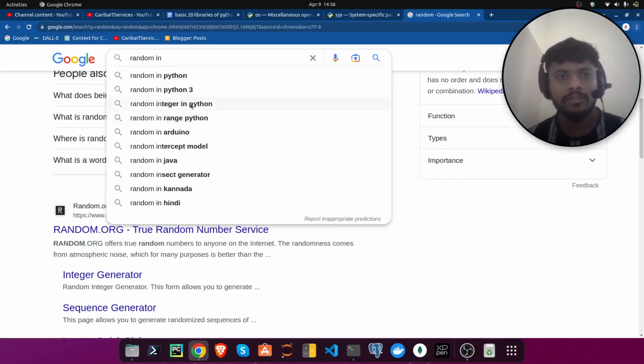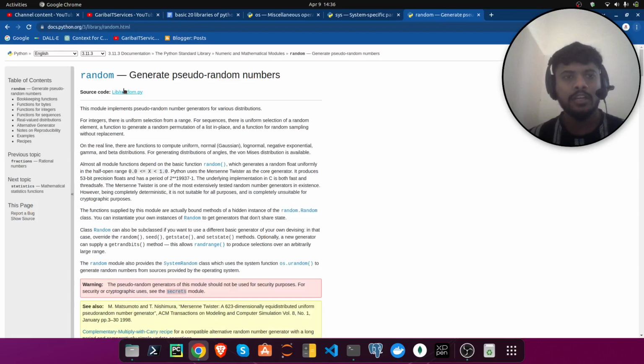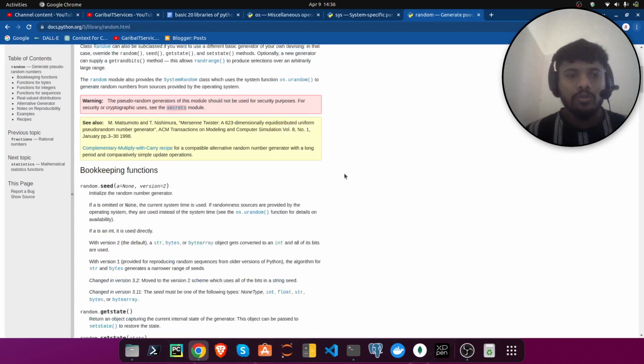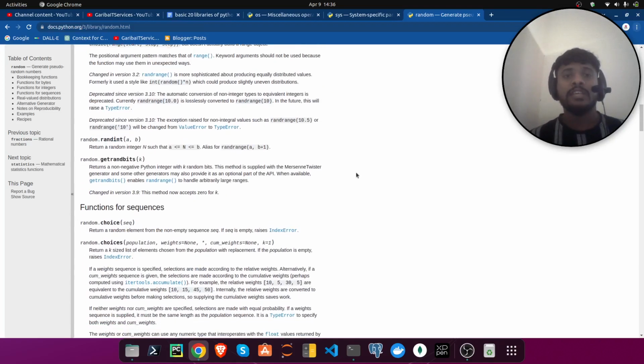In Python you will get here that they have mentioned generate pseudo random number. It's a function inside Python, from random import random or randint. These functions help you make fake data generation.